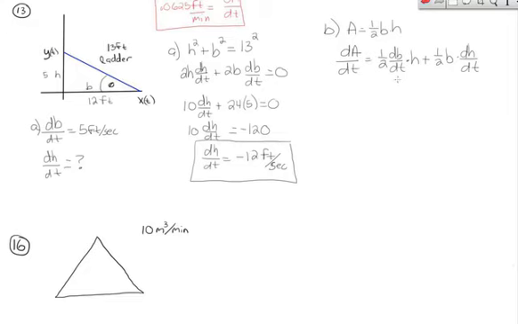So now I've got dB/dt, I'm looking for dA/dt, and I've got dH/dt. Now, this will work fine because in part A, I found dH/dt. So now I can write an equation that includes an h and take its derivative that gives dH/dt, and it won't cause me an issue. Had we not gone through this process first, then we probably would have been a little bit slowed down by having this dH/dt in our problem. As it stands, all we have to do is plug in what we know and solve, and I'll let you